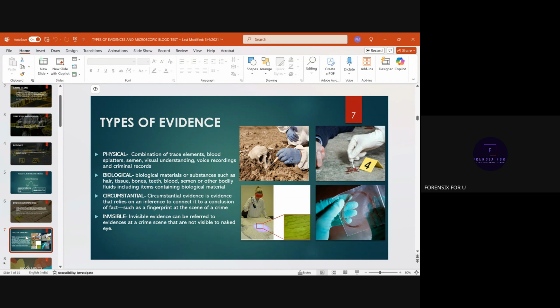And invisible evidence refers to the evidence at a crime scene that is not visible to the naked eye. Like we can come across crime scenes where blood was spattered and somebody washed the blood off. Or we can come to a crime scene where footprints are there, but the footprints are not visible. It is like the fingerprints with the sweat. So you need to have special visualizing instruments to look into the crime scene while approaching as a forensic scientist and crime scene expert, and then locate such invisible evidences and collect them for the future investigation. Right?